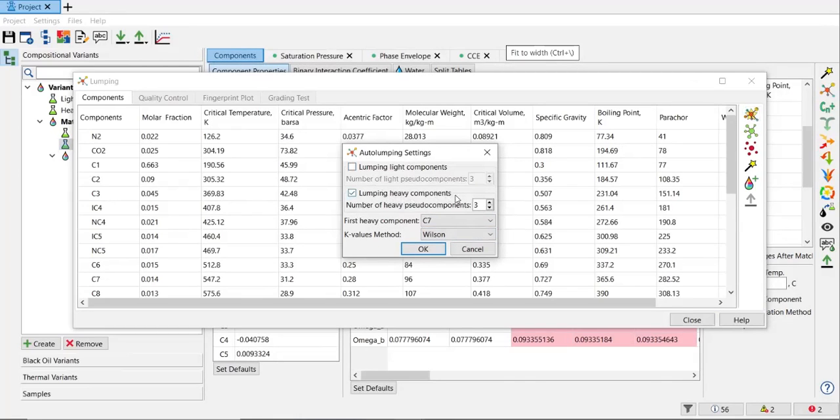Now I don't want to lump light, but I want to lump the heavy one, and I just want to create one heavy pseudo component. Again, it's a pseudo component because it's not a real component. It's pseudo because it's unreal, because it's a group of components. I want to start the group from C12, so of course it will be C12, C13, down to C20 plus. Start from C12 with only one pseudo component. So if you click OK,